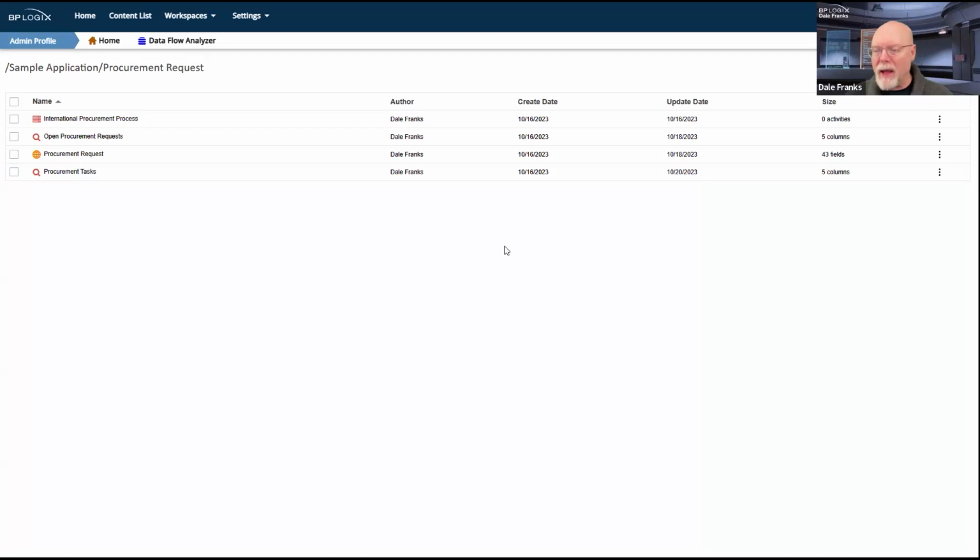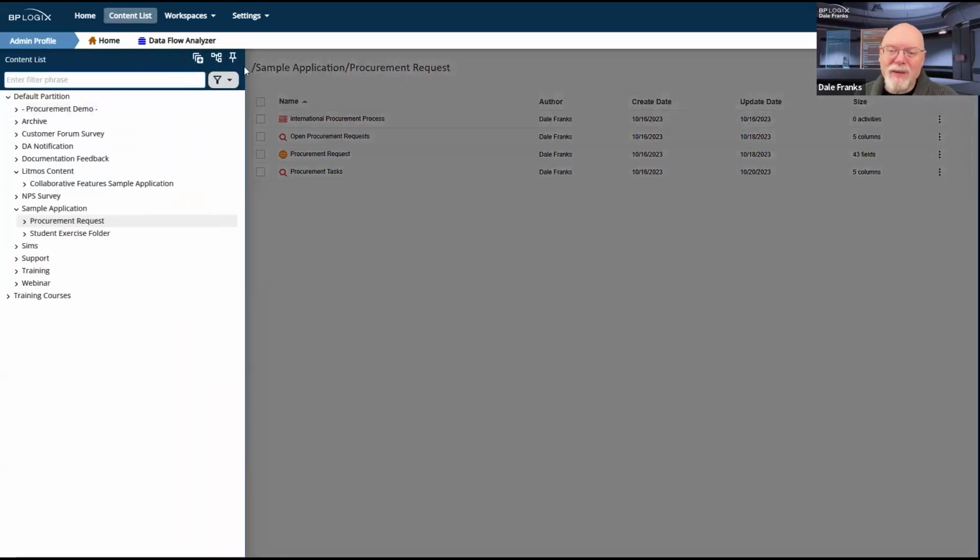So I find that if I use Process Director in the way that we recommend at BP Logix, where I'm just inside an application folder and I'm building things, I tend to not need the content list as much, and I'm happy to dismiss it at that point so that I have all of the horizontal space that I need to, for example, edit my forms or edit my timeline definition or whatever, because I'm largely going to stay in the same location.